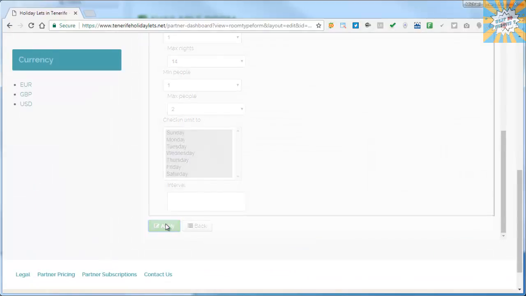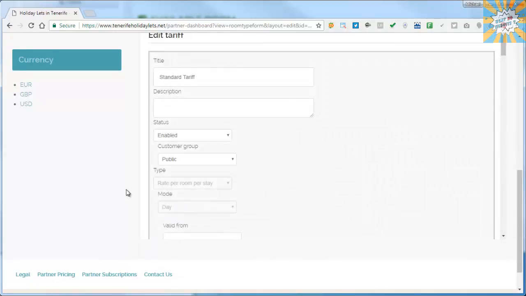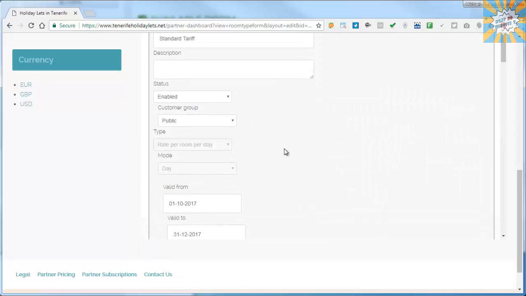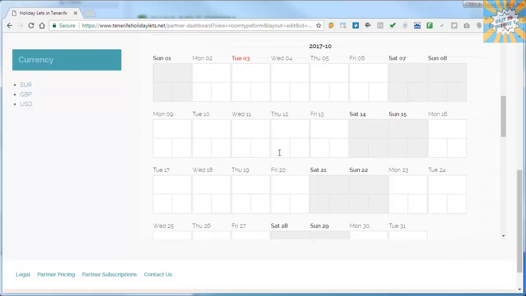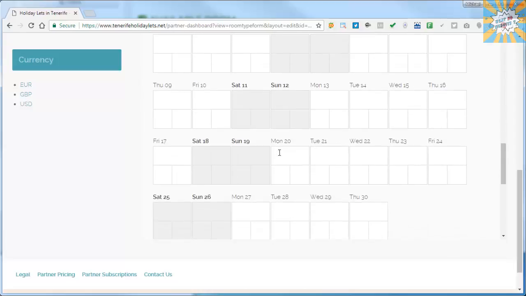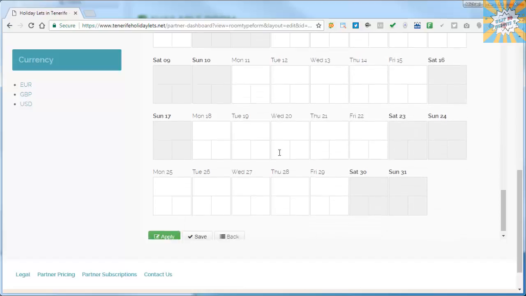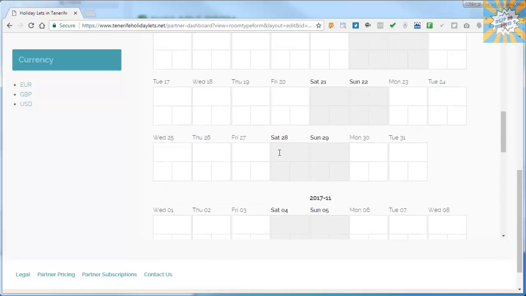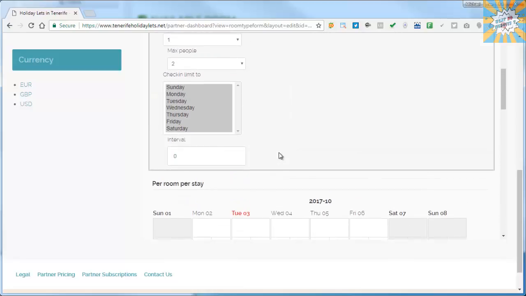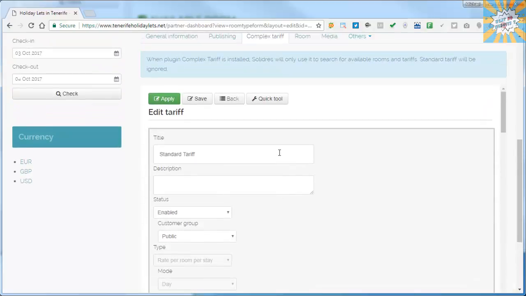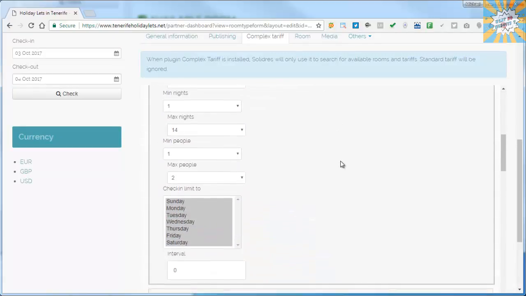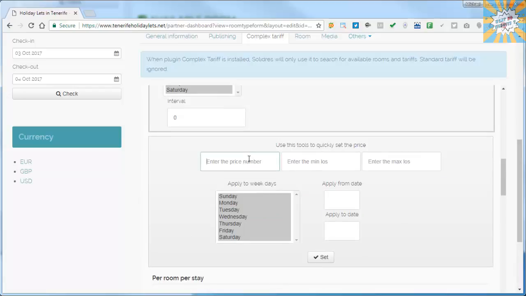So we'll scroll down a little bit, click apply. Now there is an option here, once we've saved the tariff, to put in the individual tariffs for each day. Now you can imagine if we put a whole year's worth of tariffs in, that would get quite difficult. You'd be spending like half a day just putting tariffs in, but there is an option to do it quickly. Use the quick tool, scroll back down,